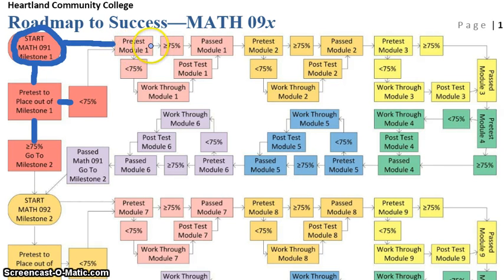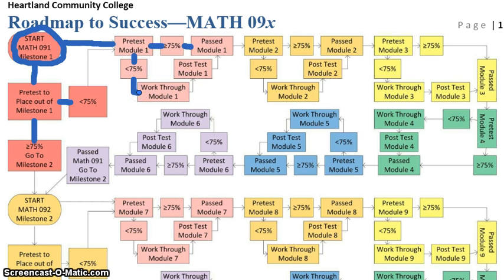Again, this is based off passing a test with a score of at least a 75%. So if you could pass a pretest over those initial concepts with a 75% or better, then you'll have passed Module 1 and you get to skip on to Module 2. The alternative is if you don't pass that pretest, so if you get something below a 75%, or if you choose to not take the pretest, it is just an option, then what you would do is work through